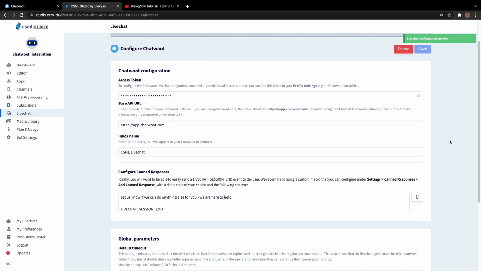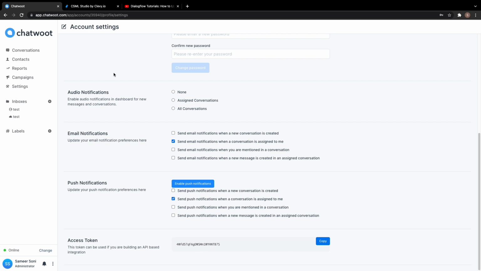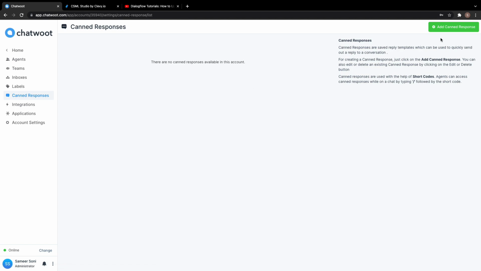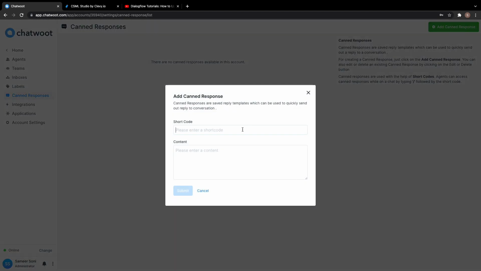And then copy the canned response and then go to your Chatwoot account, click on settings and then to canned response, you need to add one. Here type /stop and paste the code you just copied.